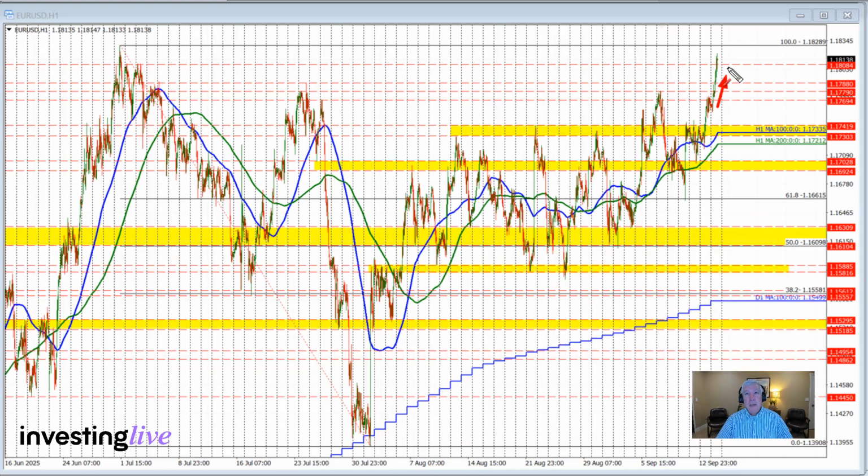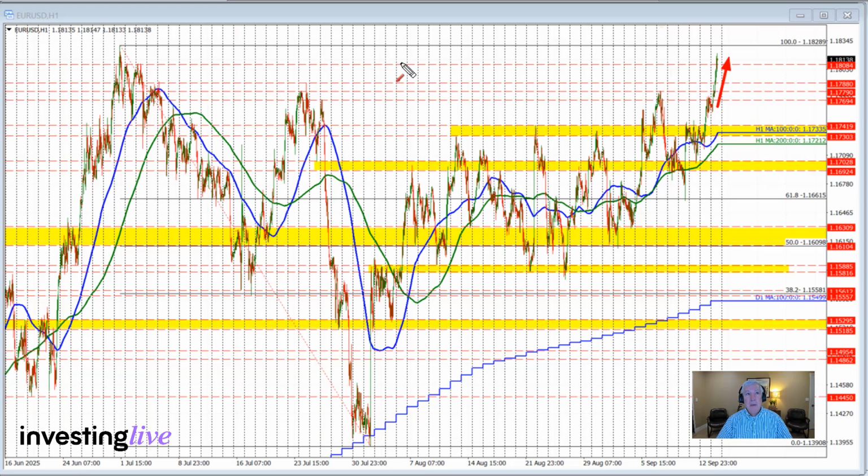So let's get started. When the euro moves higher, the dollar goes lower, and as you can see, the euro versus U.S. dollar is stretched to the upside. We did have some economic data. German ZEW survey data came in better than expected. Industrial production was a little bit weaker, but the dollar's decline pretty much started in the Asian session, and